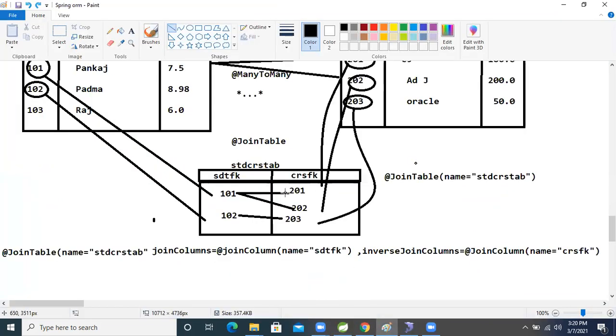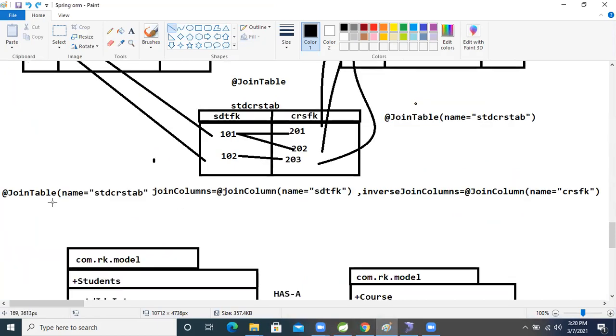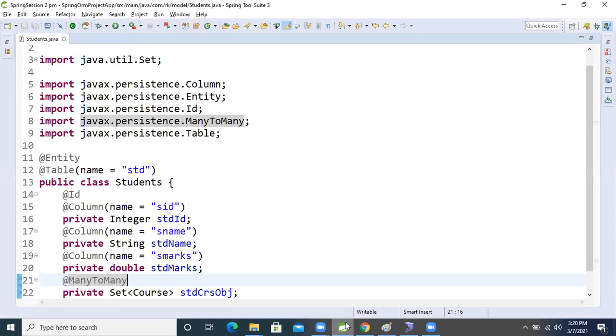To generate the third table, which annotation do we need? @JoinTable. So now let's move on and we will see that.